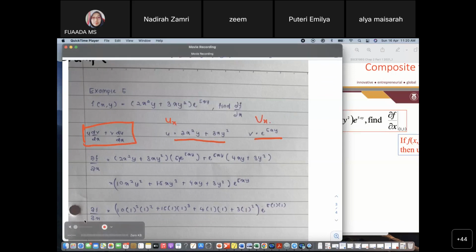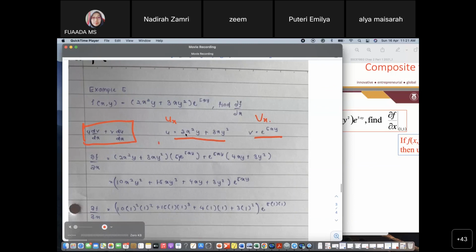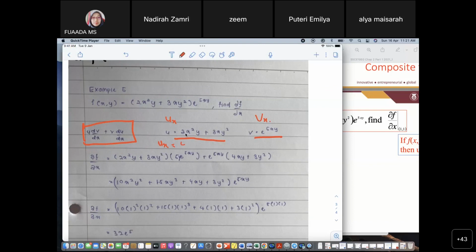So for ux, y is constant, so differentiating the first term we got 4x and then y plus 3y squared. Okay, and then for vx,